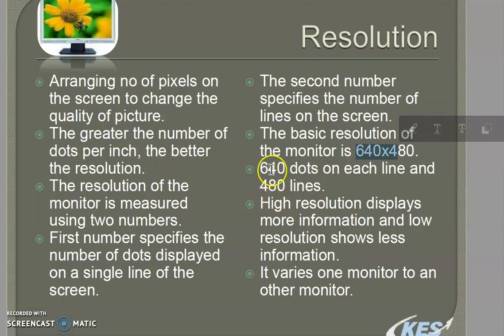Here it shows 640 dots on a line and 480 lines. So your screen will be divided into 640 horizontal lines and 480 columns, and your picture will be within that particular screen, and these blocks will be sized by length into width. So as we increase this number, automatically your clarity will increase.